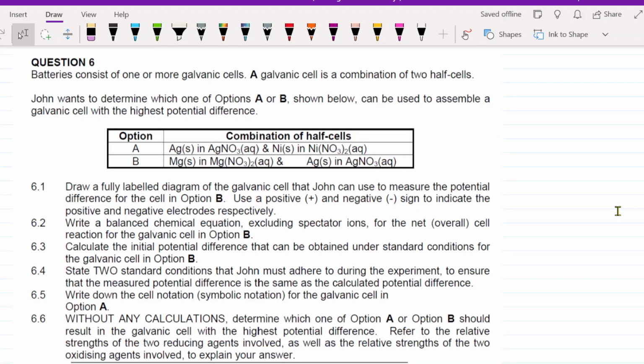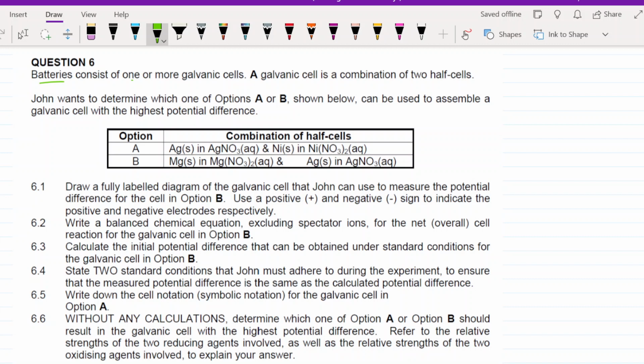Now remember the first question, it was in a diagram form, but this one is like in a table form. So it's a different style of assessing the galvanic cell understanding of the learners. So you must be prepared to see something that looks like this, like a table. So the question now said, question 6,